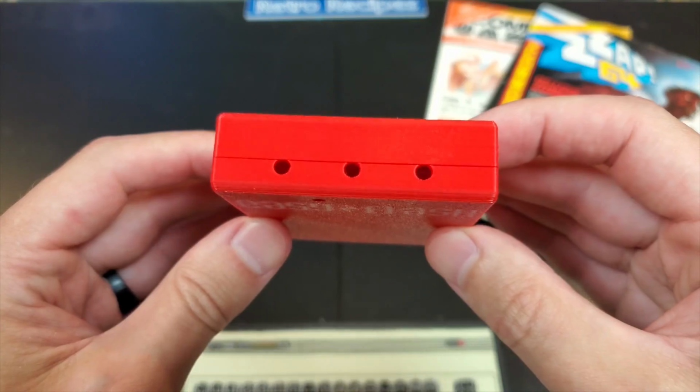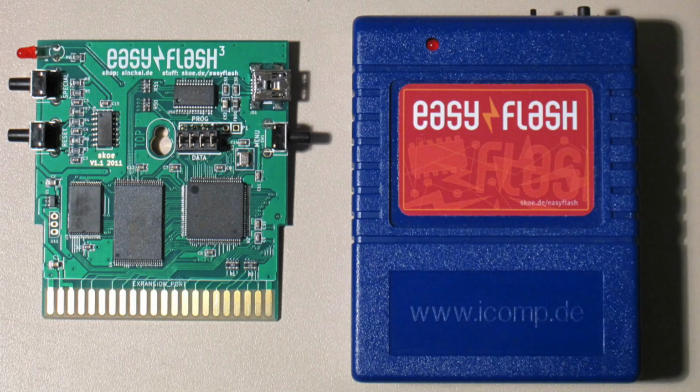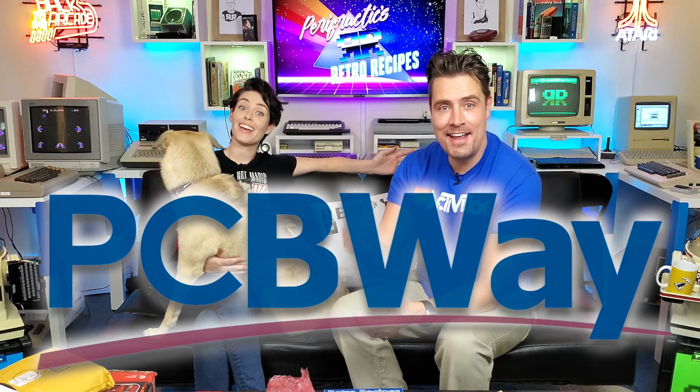Anyway, that's pretty cool. So that's a case if you just buy the circuit. How would you build your own? So you can download the Gerber file, the PCB, and then you could send that off to PCBWay, our